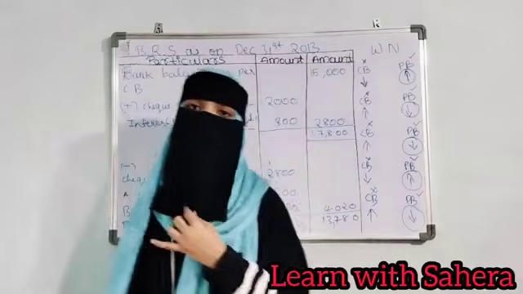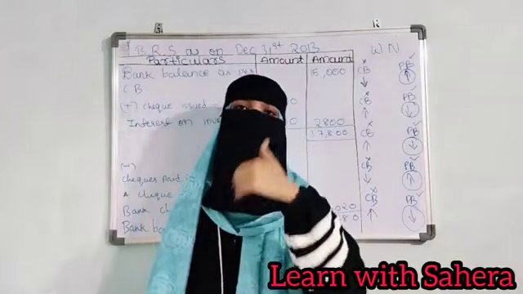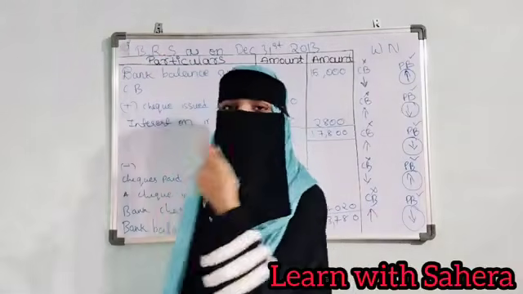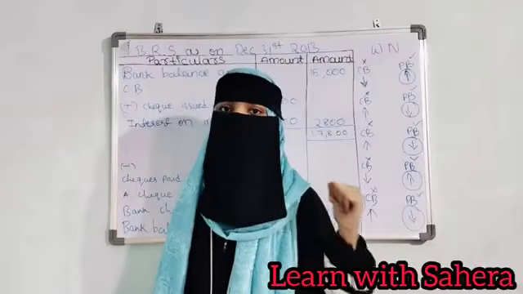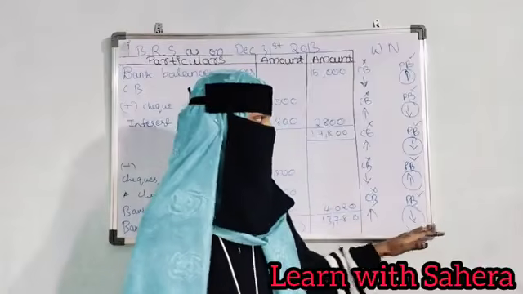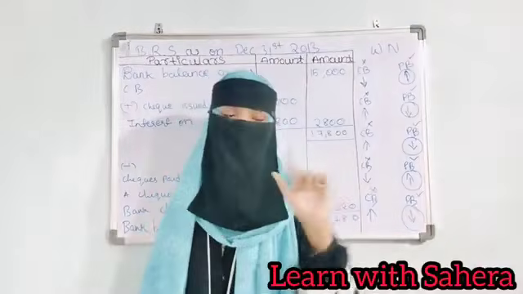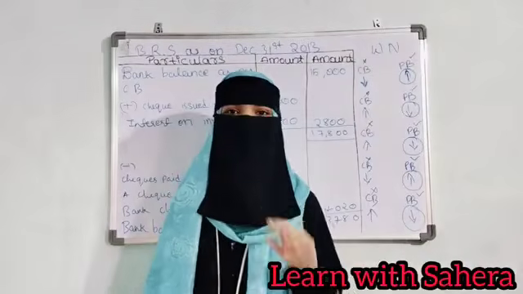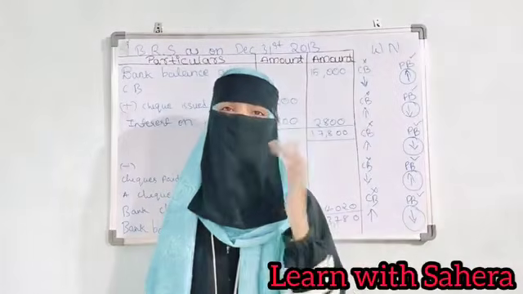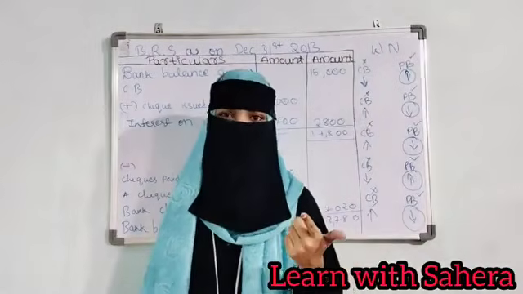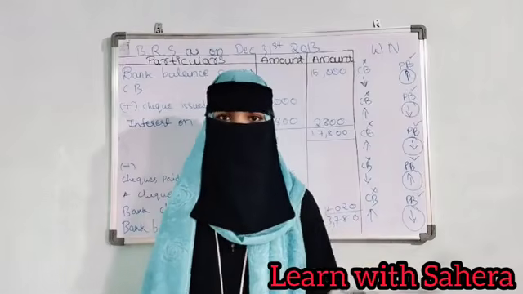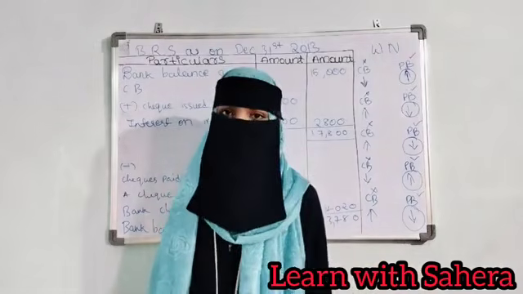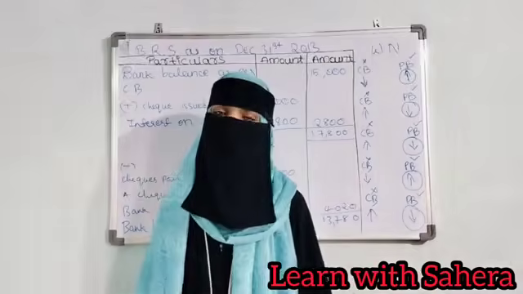Okay, hope that you have understood the video. You have come to know the preparation of bank reconciliation statement, how to prepare, what are the transactions to be taken, how to take, how to see this, how to compare cash book and passbook, everything. So if not, watch the videos again, part 1 and part 2. It will be clearly understandable and you can easily score 16 marks in your FA1 from unit 3.